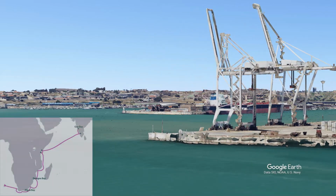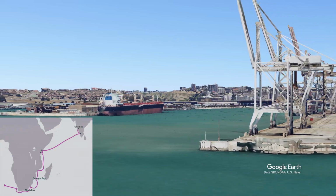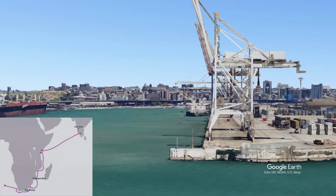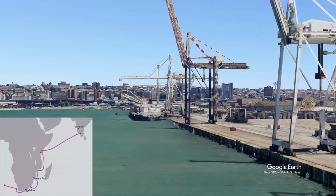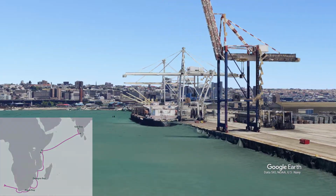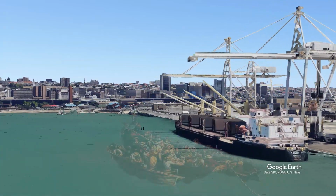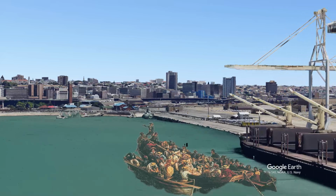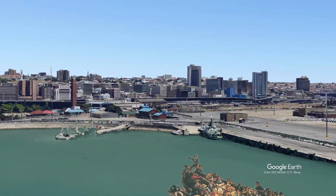So the Portuguese were rounding the Cape. They were stopping over here to get fresh water and supplies from the locals. This was 500 years ago. Going to trade in India and then coming back via what we now know as Maputo, or the old Lorenzo Marques, Delagoa Bay. Now, PE is the second oldest city in South Africa, and it was founded in 1820, that